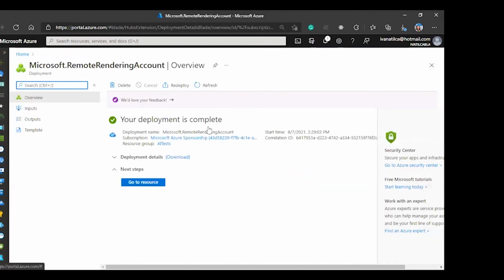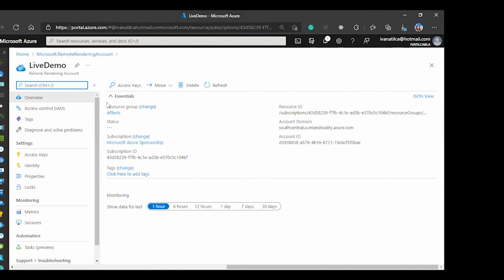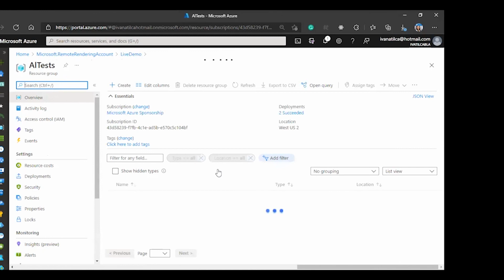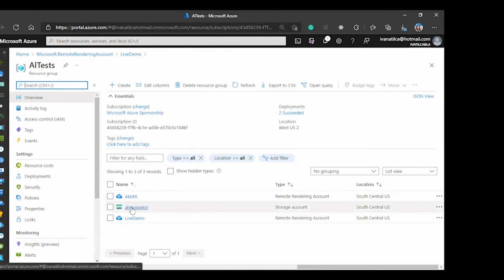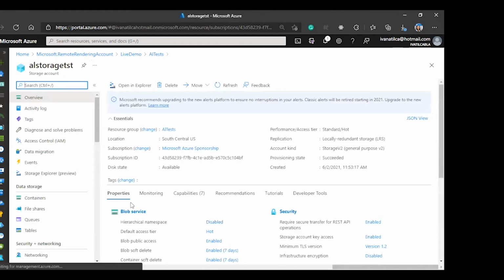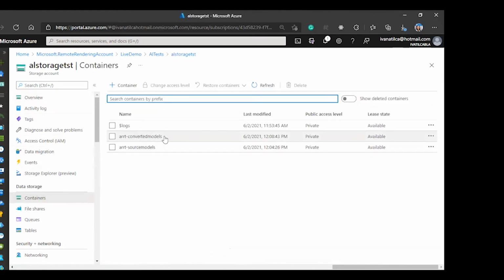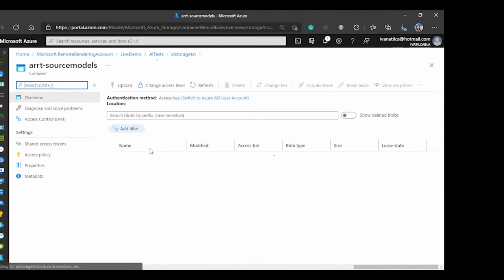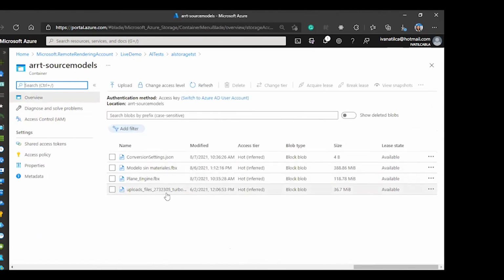Okay, great. So let me go to my resource. And here, as you see, I already have my remote rendering account. Awesome. Let me go again to my resource group. Great. So now, what do I have in here? I have a storage account I created, which has two containers. One is the converted models, and the other one is the source models. The source models container has the different FBX files that I uploaded, okay? And the converted models container has that conversion